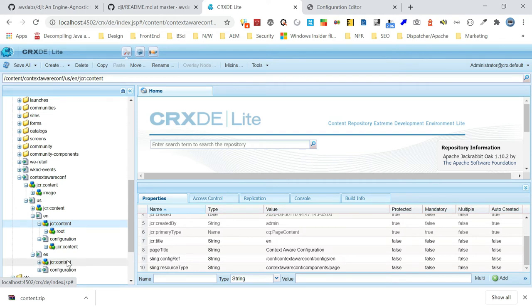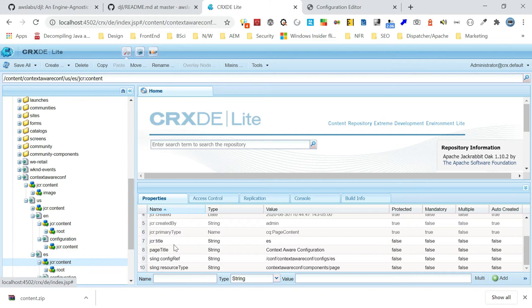In the same way, if I go to ES, I am using an ES-specific configuration. See here, config ES. What that means is, for the same set of configuration, when the configuration is requested from this EN context, the EN-specific configuration will be returned. If it is an ES context, ES-specific values will be returned. In the same way, you can define whatever level of configuration you want in your project. This time I enabled it through CRXDE, but you can also enable a page property to add this specific property.